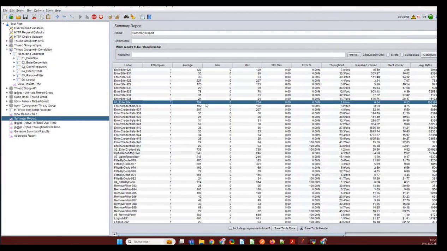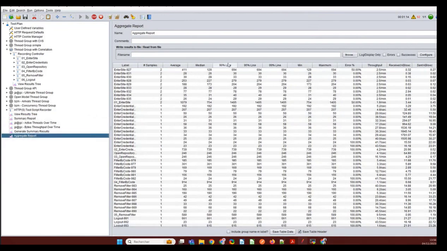And I would recommend you to use the percentile, which will actually give you a lot of information on the response times. The percentile. So can you go to the aggregate report? On the aggregate report at the bottom, I think that should have it. Can you see 90%? Yeah, that's it. So this 90% is close to the maximum, which tells you that this is the 90th